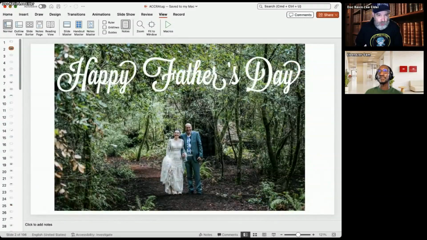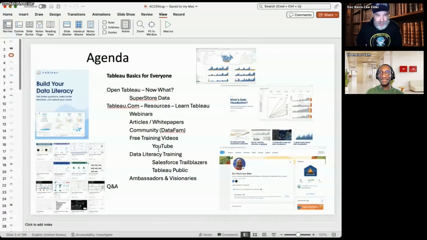I have to throw this image in here. This is the 1-year anniversary of my daughter's wedding. So a year ago, we were in the redwood forests of California, and my daughter got married, and the most spectacular pictures you can ever imagine. So I'm happy to be here and remembering where I was a year ago.